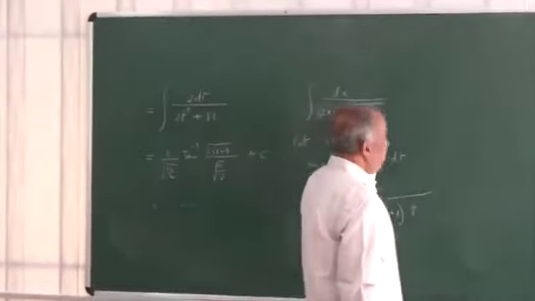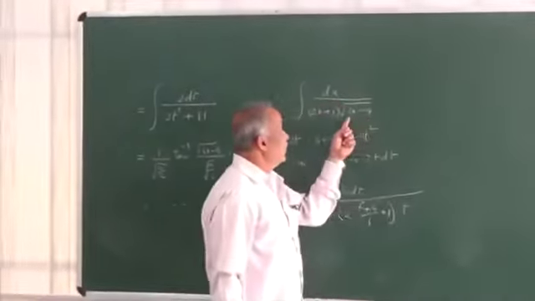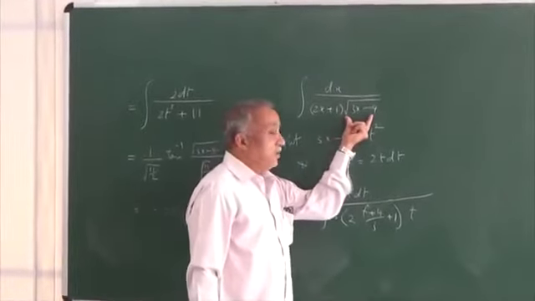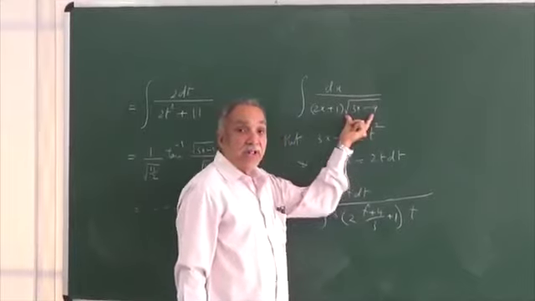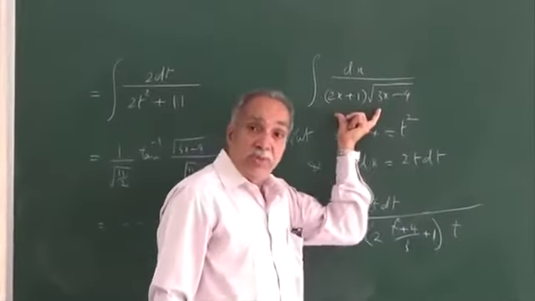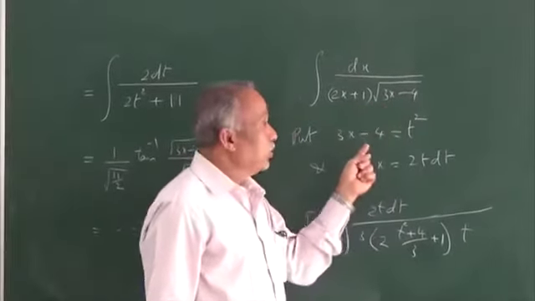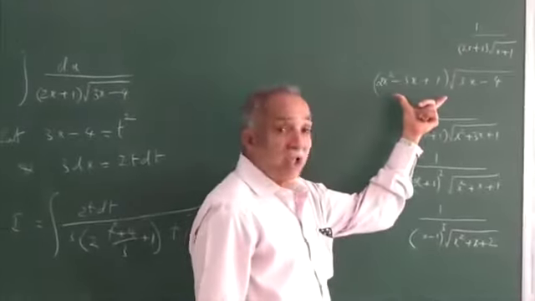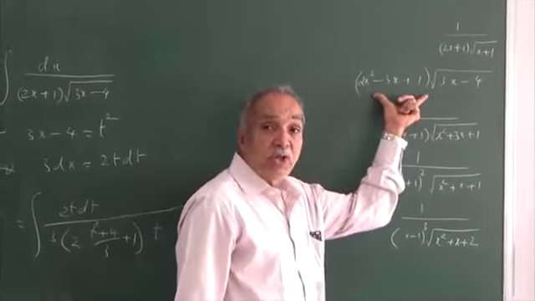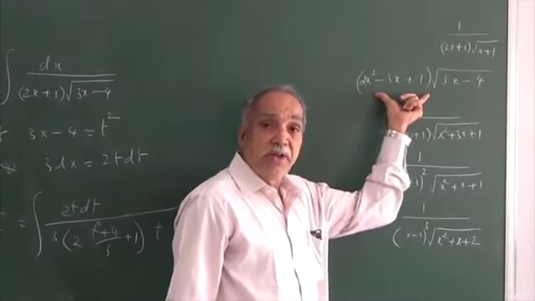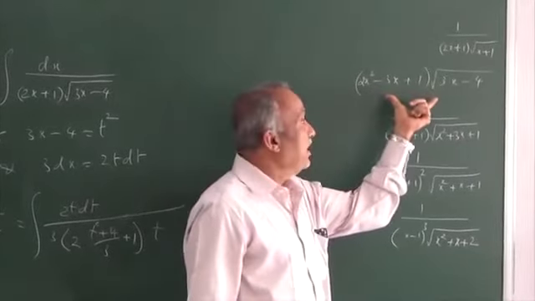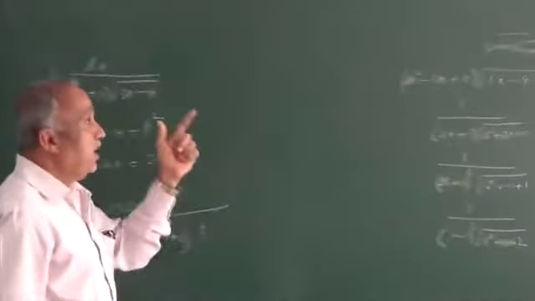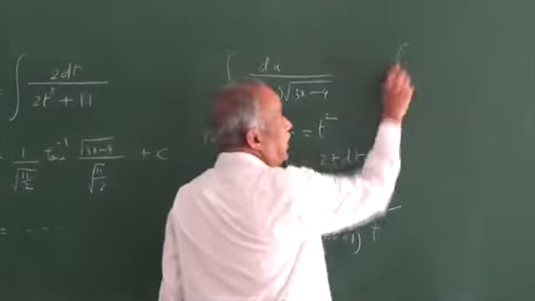Okay, I applied the method substitution 3x minus 4 equal to t square because I wanted this factor to be rational. I wanted the denominator to be a simpler function. I used this substitution. Can I take the help of the same substitution in the next case also? Yes, I can do. With a similar substitution, I can try integration of this also, even when your integrand is